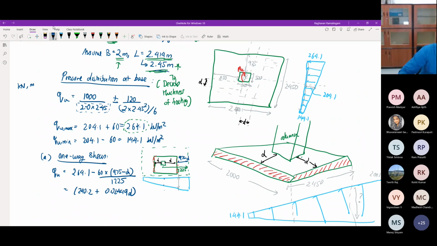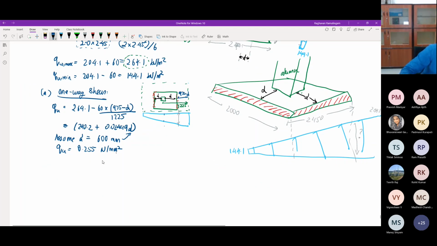So here I have to use some value for D. D is not known to me. It has not been decided yet. So therefore I can keep this as it is, and I can probably assume some D, as here it's been assumed as 600. So let me use the same 600 mm. And if I substitute 600 mm into this, I get QU value equals 0.255 Newton per mm square.